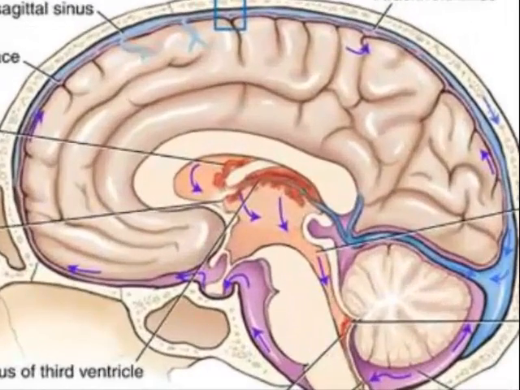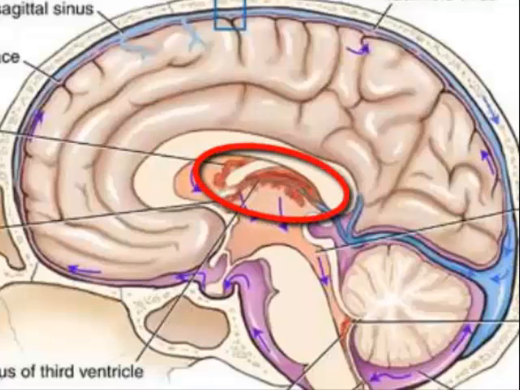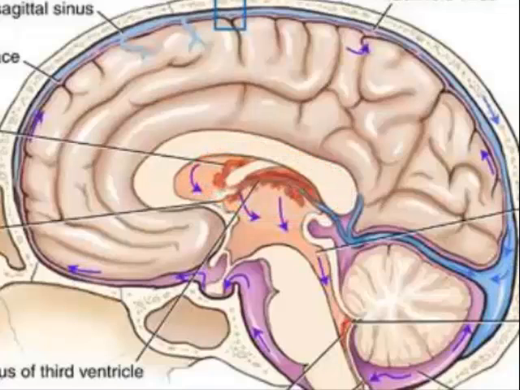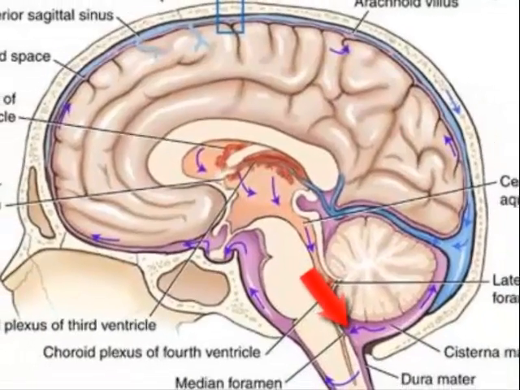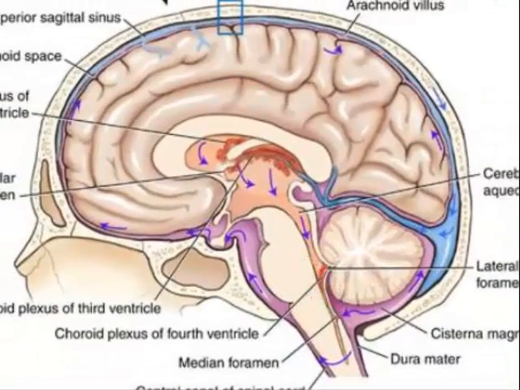The choroid plexus are specialized capillary bundles that project from the pia mater into the ventricles. The choroid plexus produce cerebrospinal fluid, which circulates through the ventricles and subarachnoid space of the central nervous system. The flow is from the lateral ventricles through the interventricular foramen to the 3rd ventricle, through the cerebral aqueduct into the 4th ventricle, and out through the lateral foramina and median foramen into the